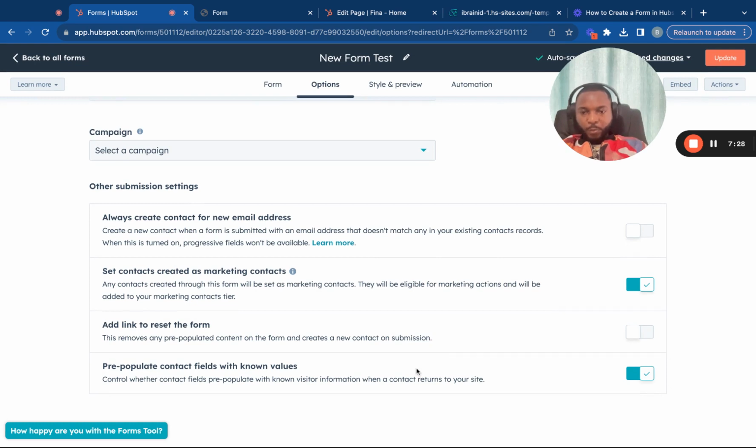Next, pre-populate contact fields with known values. This controls whether contact fields are pre-populated with known visitor information when contacts return to your site. This one here is already enabled by default, which means that when you submit a form, Absolute captures the data and keeps it in the client-side browser, so that every time they navigate different pages, that cookie is going to be there, and then if there is another form,